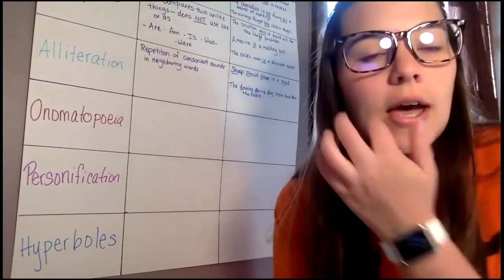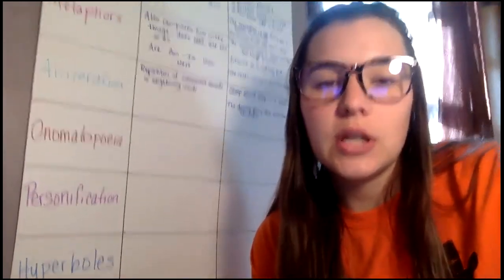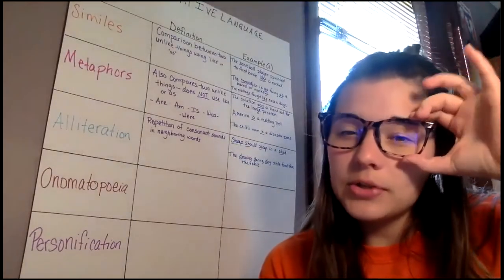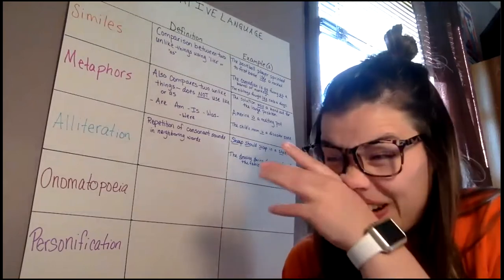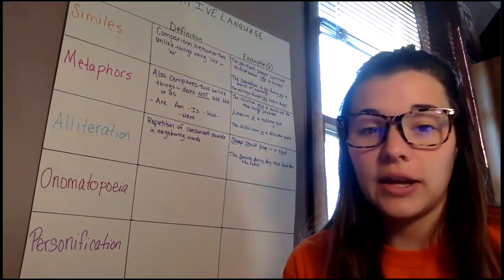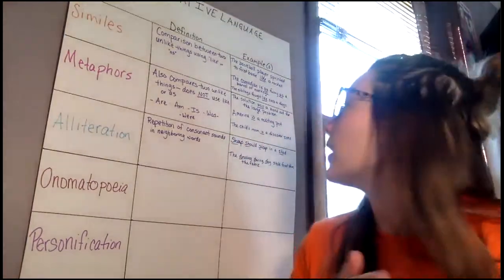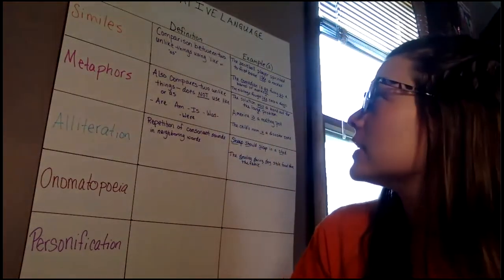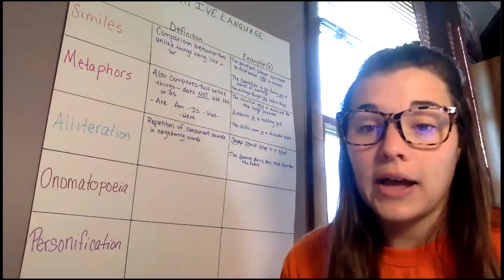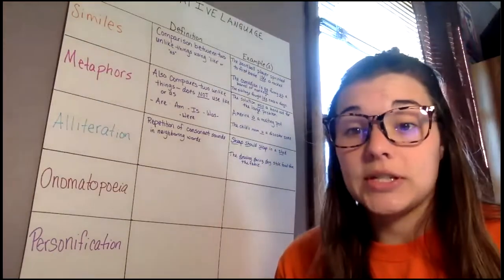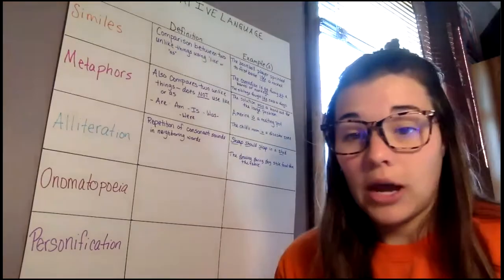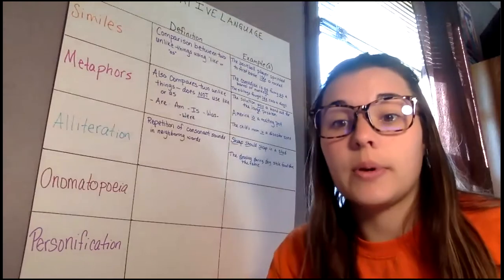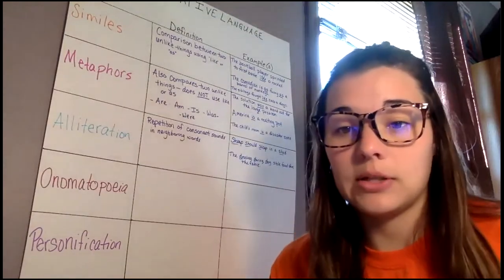So yesterday, as far as figurative language, we discussed similes, metaphors, and alliteration. Similes and metaphors are very similar. They both compare two things that are not alike, such as a baseball player and a rocket, or America and a melting pot. But the difference is that a simile uses like or as, saying the baseball player sprinted like a rocket, and metaphors do not use like or as. They use words such as are, am, is, was, or were. The baseball player was a rocket. America is a melting pot.